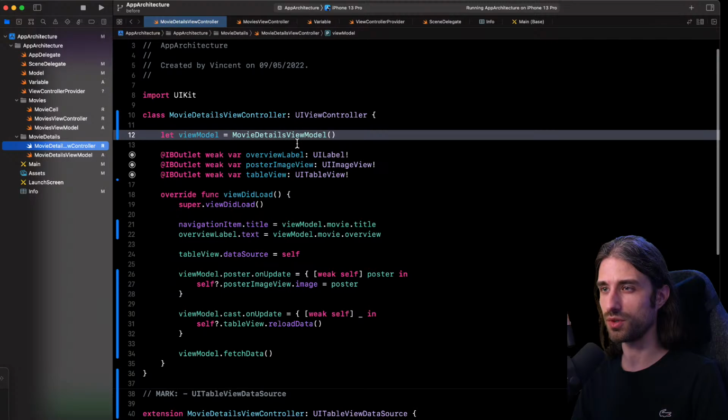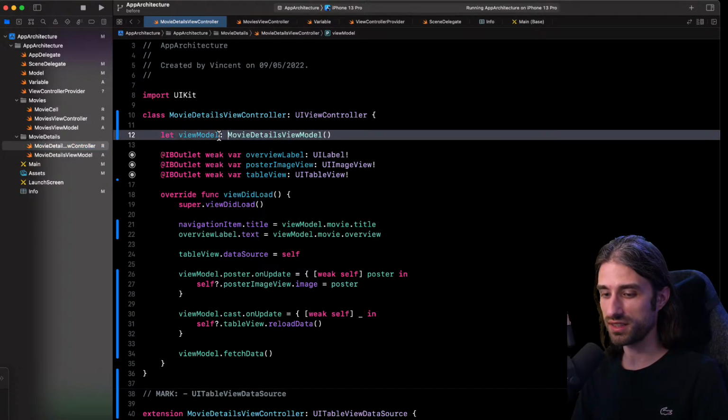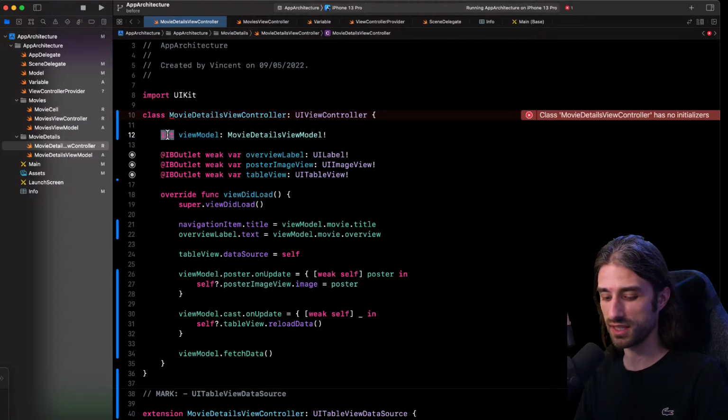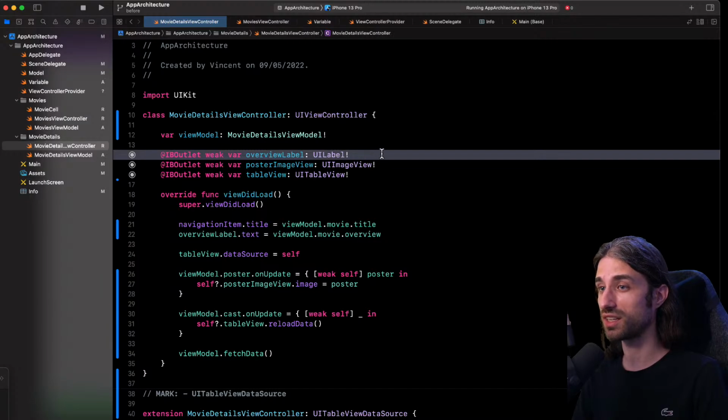So what do I do? As I said, implementing dependency injection means knowing how to use an object but not knowing how it has been created. So I get rid of the call to the init. Since I don't have control over the init of movie details view controller, I need to have a property that is implicitly unwrapped. And you can notice that this is the same strategy that interface builder is using. Actually, interface builder is also a kind of dependency injection framework when you think about it, because our view controller knows how to use its IB outlets, but it doesn't know how they have been built.